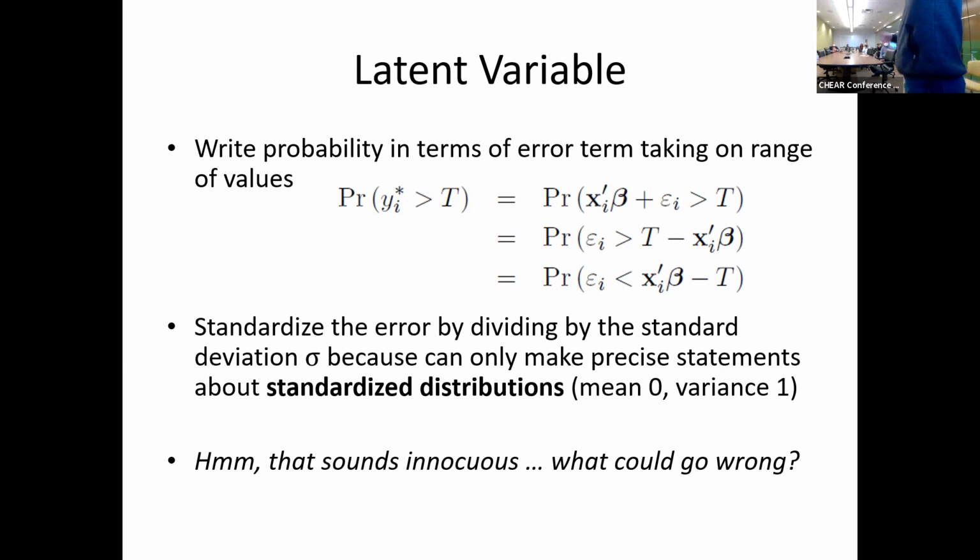We can make very precise statements about the probability that the error, like a normal error term, half the time it's negative, half the time it's positive. The probability of a standardized normal variable being bigger than 1.96 is 2.5%, things like that. So, okay, this is all standard statistics, right? So we've written down a statement from our original OLS, we've pushed things around. Now we're going to standardize things. This is what always happens. So that sounds innocuous. What could possibly go wrong?